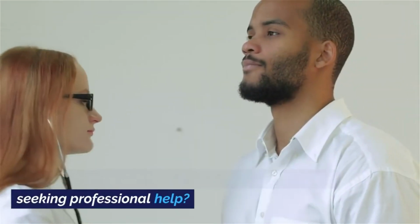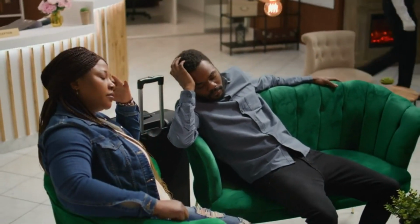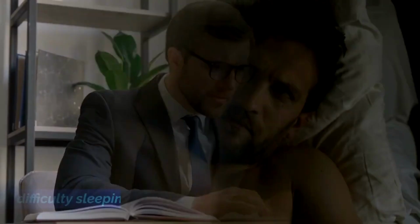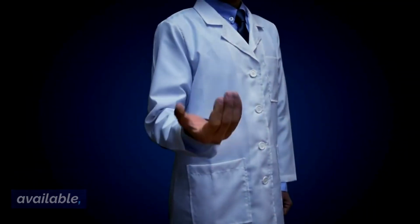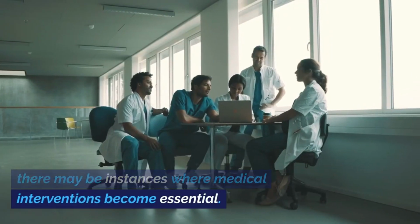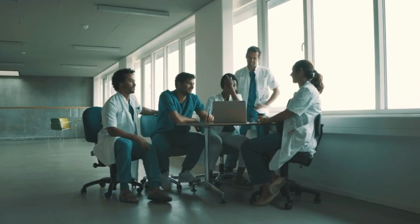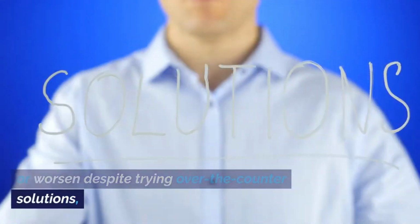When should you consider seeking professional help? When it comes to severe jet lag symptoms, such as extreme fatigue, difficulty sleeping, and disorientation, it's important to know when seeking professional help is necessary. While there are some self-help remedies available, like melatonin supplements, there may be instances where medical interventions become essential. If you find that your jet lag symptoms persist or worsen despite trying over-the-counter solutions, it might be time to